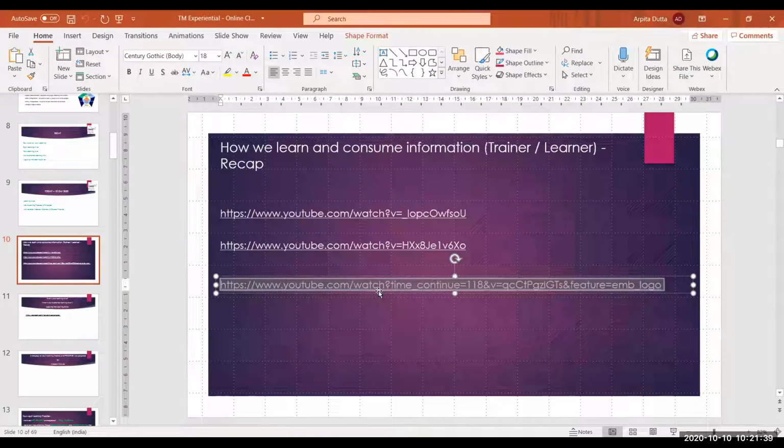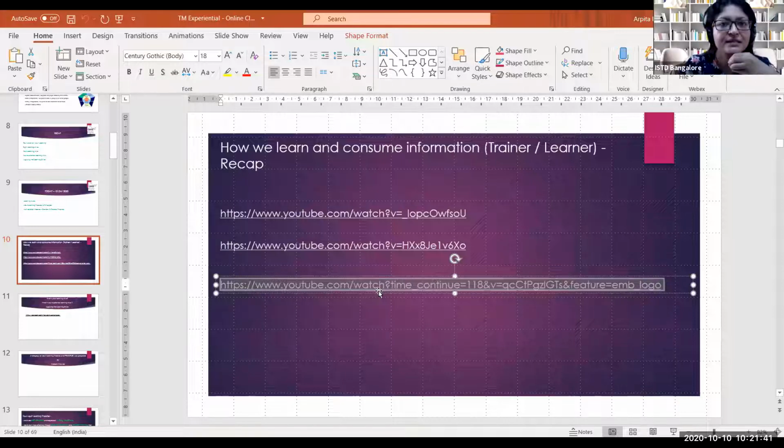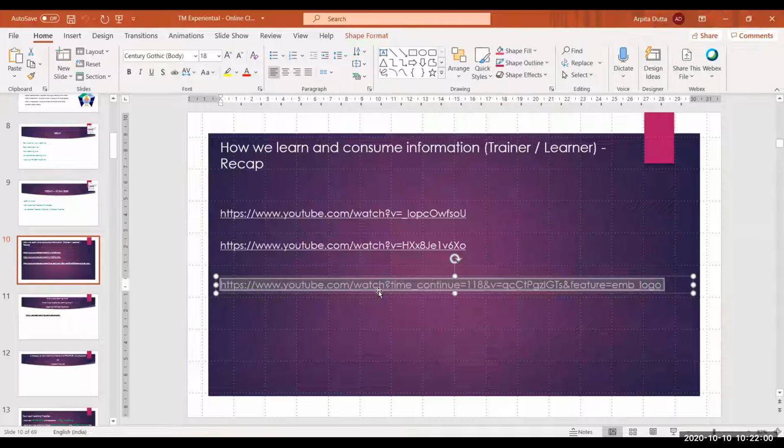And then you have, of course, the learning theories that we will see, the adult learning theories, which make learning more impactful, more retainable. We can consume different kinds of content, not just one type, by the learning styles we adopt. Fine, thank you.